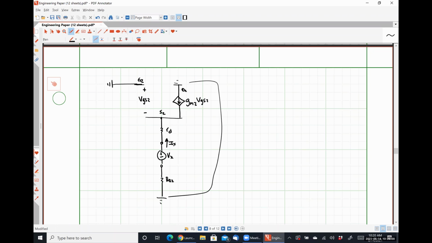Will it change any of my relationships whatsoever if I combine RD and R22 into one series resistance? Is it going to change what VGS2 is in any way, shape, or form? No, right? It's not going to change the current flowing through the network or anything like that either. So to me, what this looks like